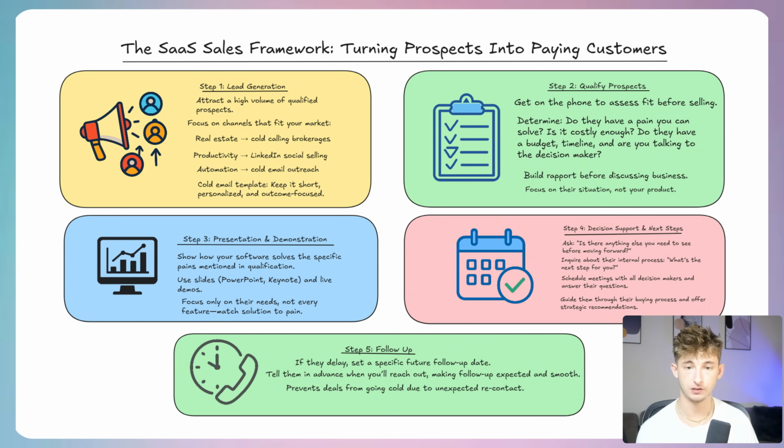Productivity applications can often succeed, maybe with LinkedIn or business automation tools. These can leverage cold email effectively. So within cold email outreach, for example, this is going to work well because it's scalable and also very cost effective. So you can write up something pretty simple, like using this template, you could say, "Hi name, I noticed,